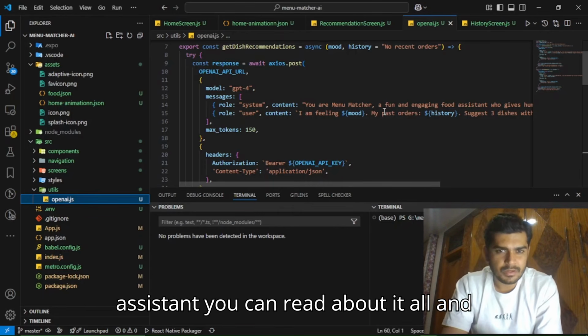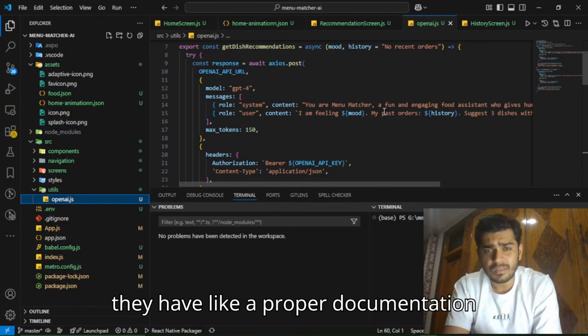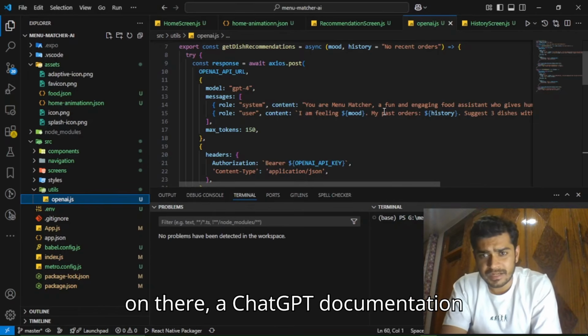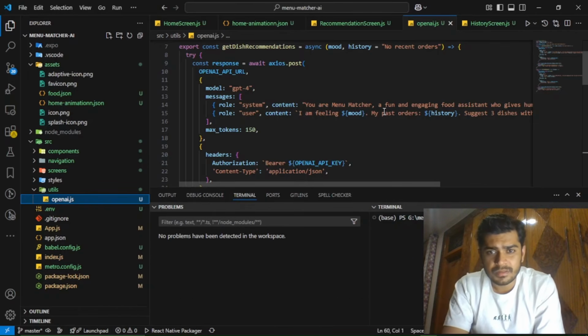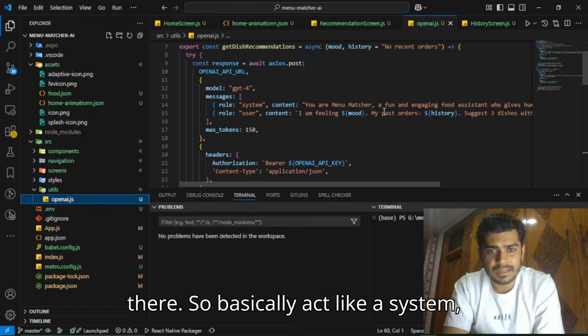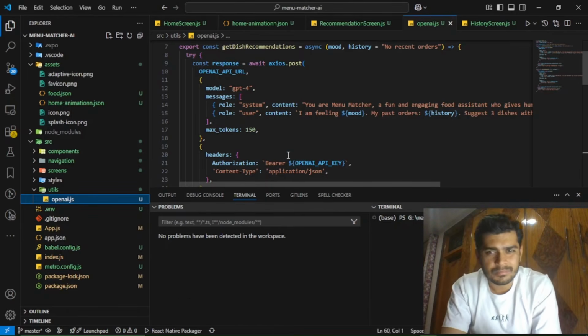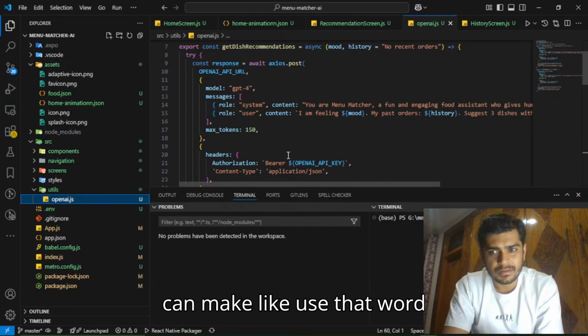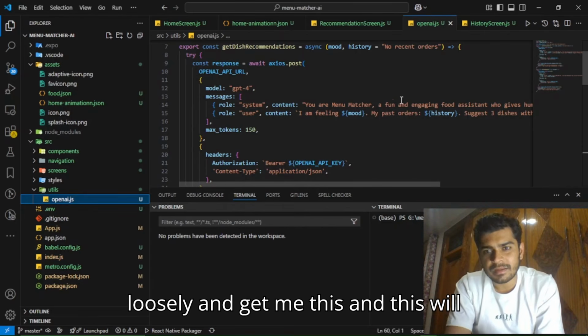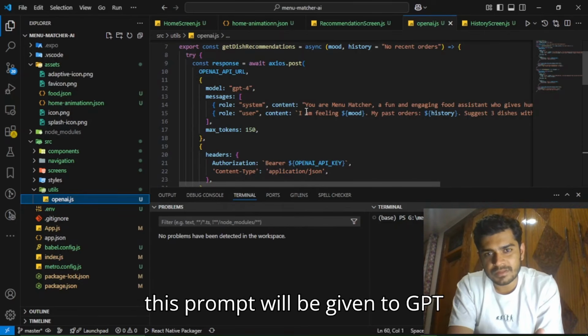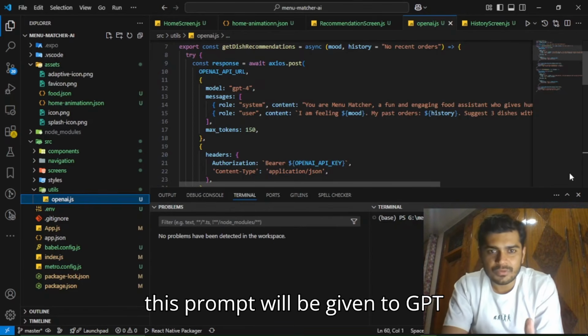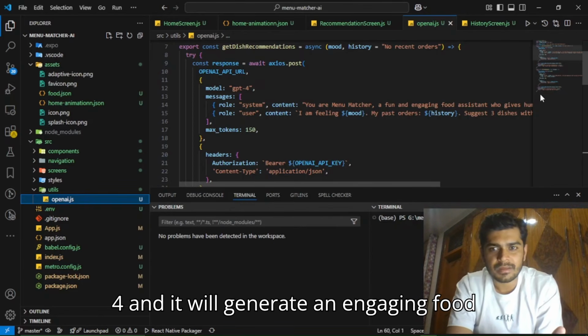You can read about it in the ChatGPT documentation, they have proper documentation there. So basically act like a system, act like a robot, if I can use that word loosely, and this prompt will be given to GPT-4, and it will generate an engaging food